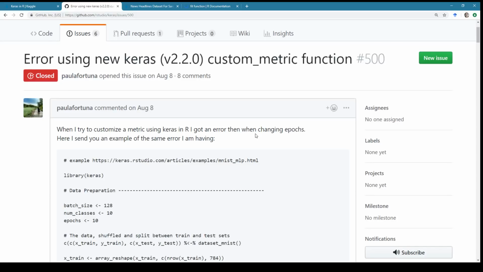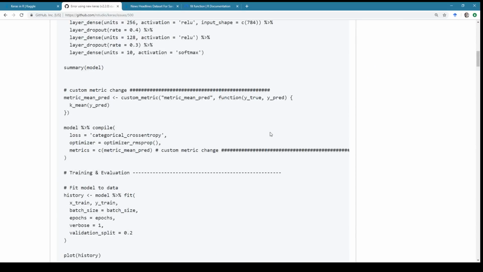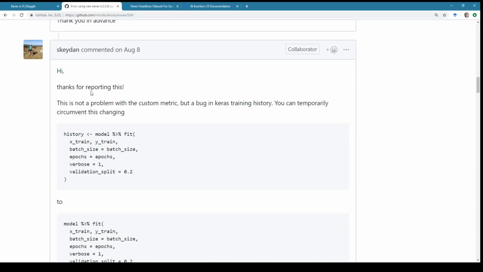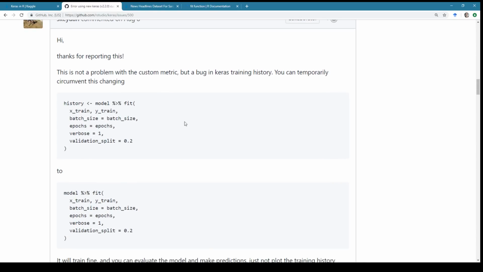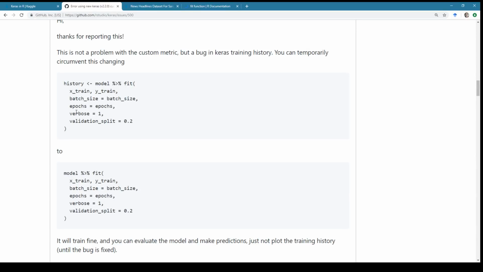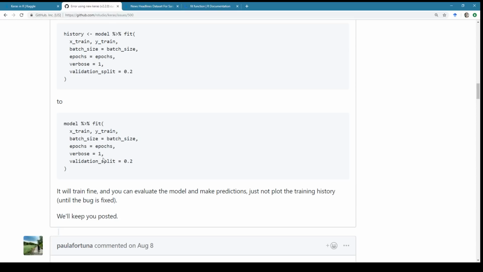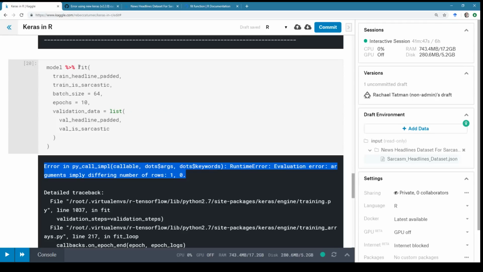When I try to use a custom metric using Keras and R, I get an error when changing epochs. This is not a problem with the custom metric, but a bug in Keras training history. You can temporarily circumvent this by changing to model fit.